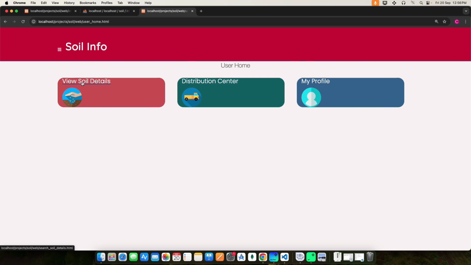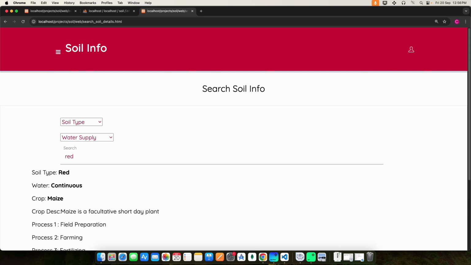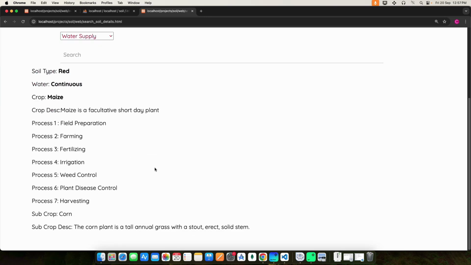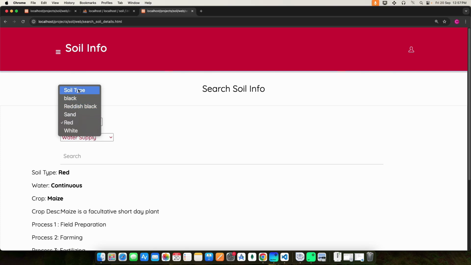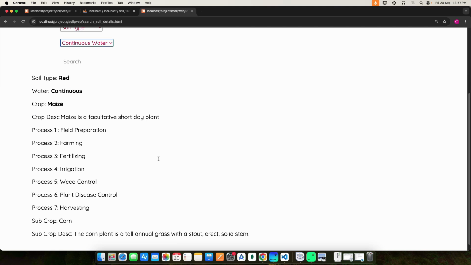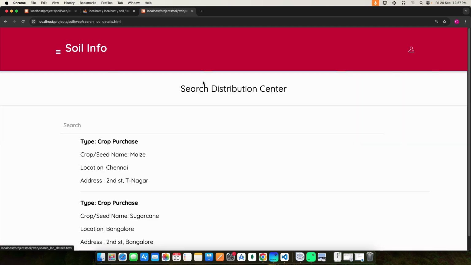Let's start with the view soil details. Here you can use the search option, or you can select the type, then view the details, or you can select the water supply, so view the details, and then click the distribution center. Here you can search the distribution center,